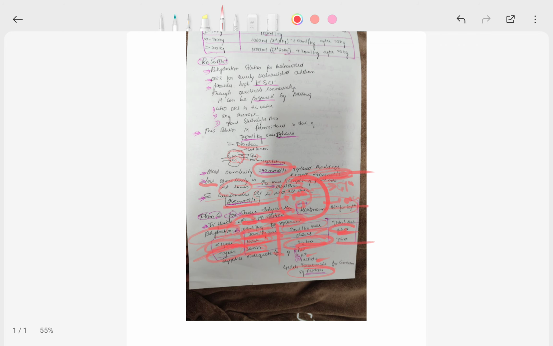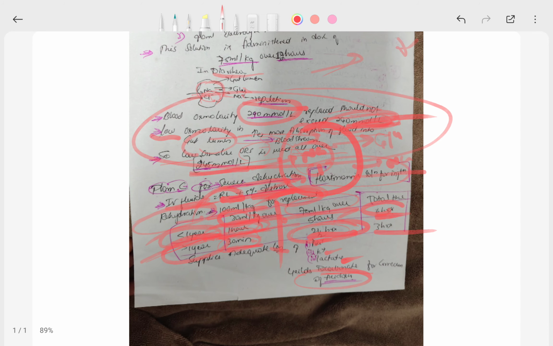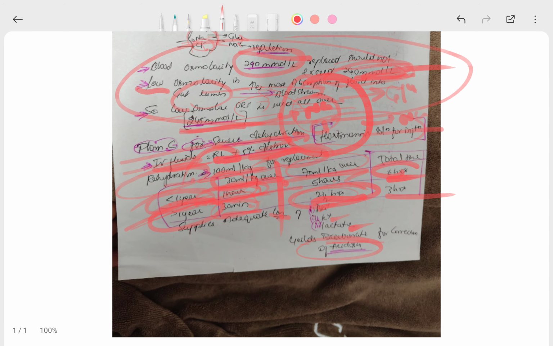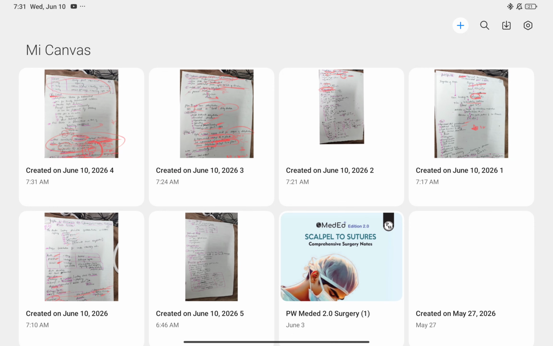This is about the plans. We learnt about the reduced osmolar ORS and the Holliday-Segar formula, and the mechanism of how it will prevent dehydration. WHO recommends low osmolar ORS, and you also studied about the Plan C rehydration. And now coming to the